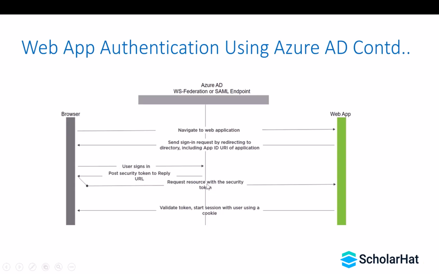Then Azure Active Directory will provide the token. The token will be saved at the browser level. So now every time the user accesses the website pages, that token will be used, and the token is the authenticated token which provides the access to our application pages. So this would be the workflow if you're willing to implement login through Azure AD into your web